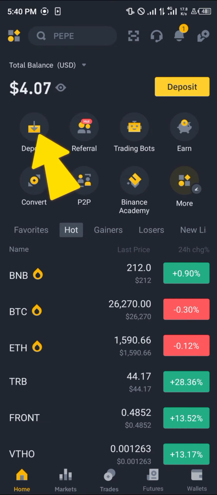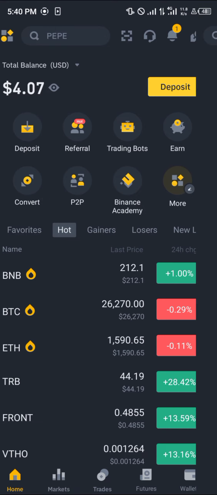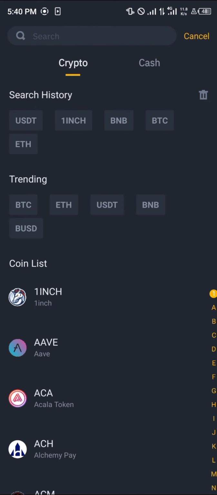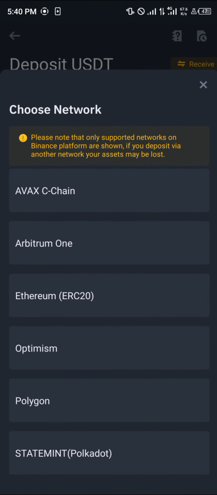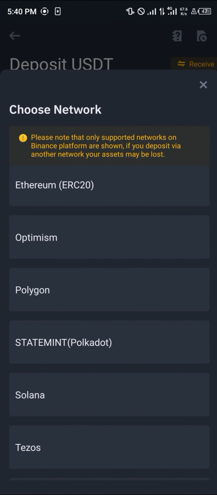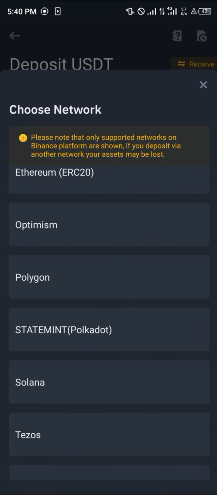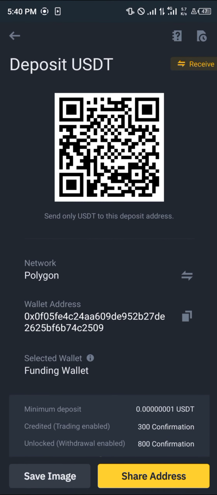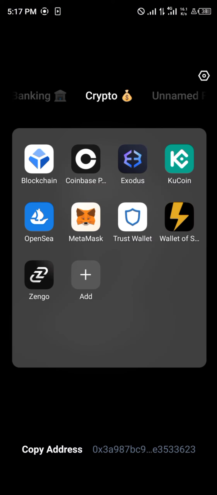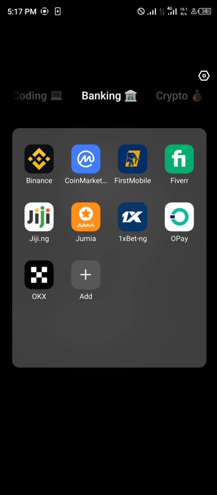So guys, your next step to withdrawing from your OKX to Binance is selecting the deposit icon, which is just here. Once you've selected deposit, select the USDT and simply scroll and find the Polygon network. As you can see, the Polygon is also available on Binance. Select the Polygon, copy this Polygon address, and once you've copied the Polygon address, minimize, open up your OKX, paste